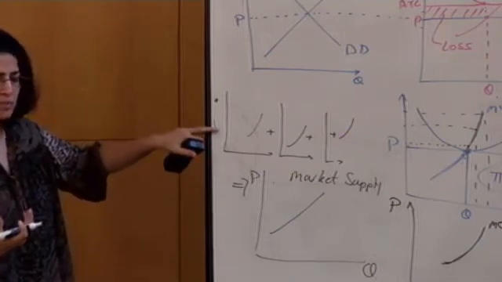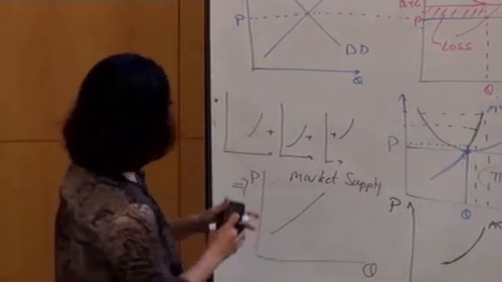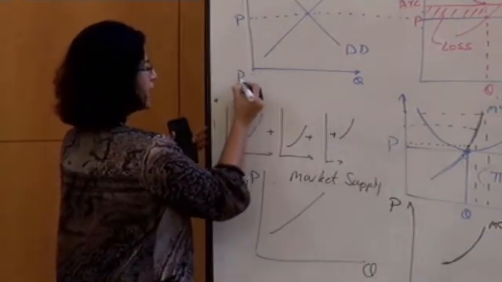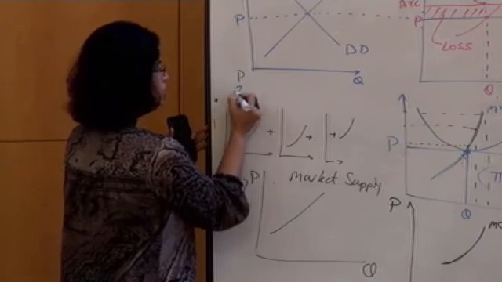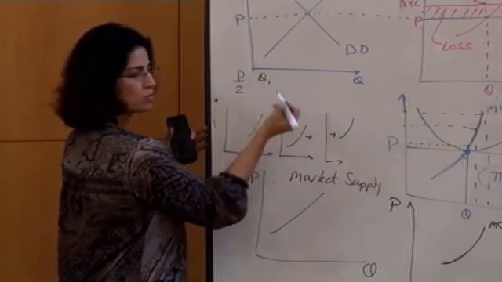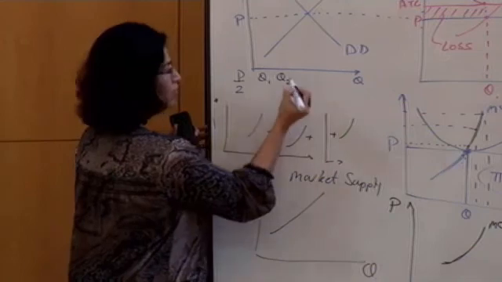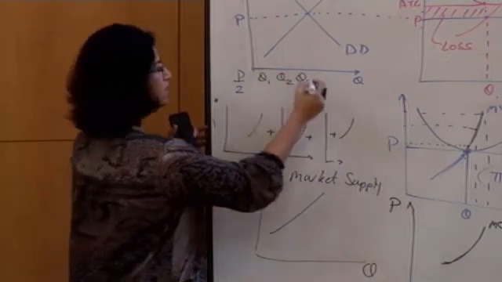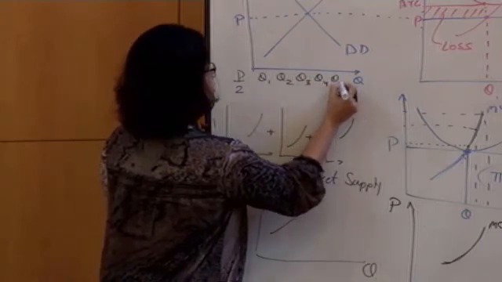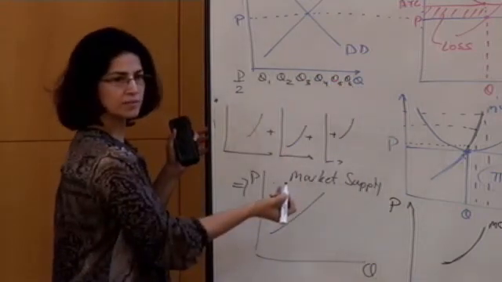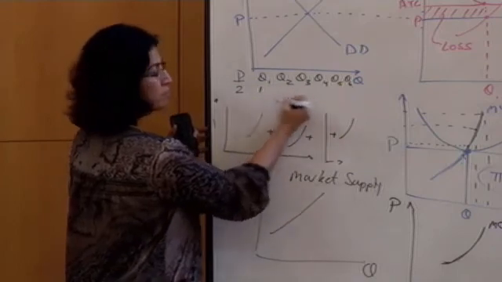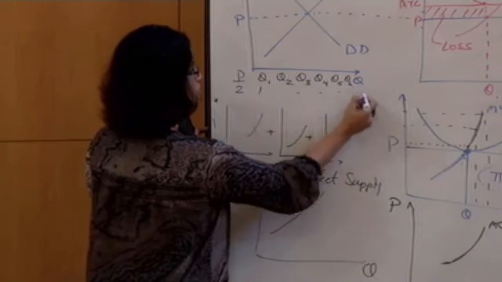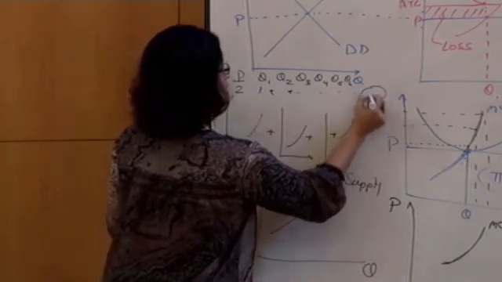What does the horizontal summation mean? This is what we did last time. I'm just going to make a small square here. We asked the question: at a price of, say, $2, how many coffees would one firm, Starbucks, sell? How many coffees would Blend sell? How many coffees would Urban sell? And all the other local stores that sell coffee here. So you're asking the minimum price at which they're willing to sell the good. Then when you add these up, you get the market supply.